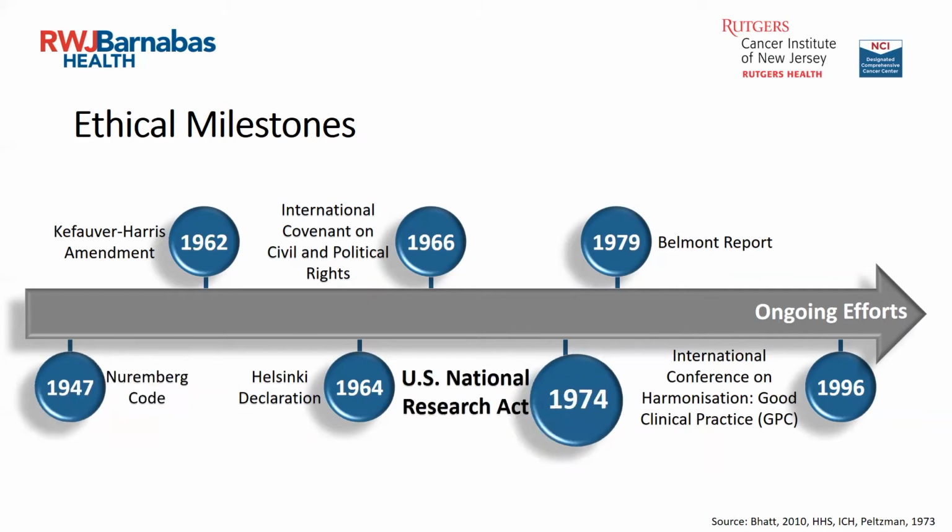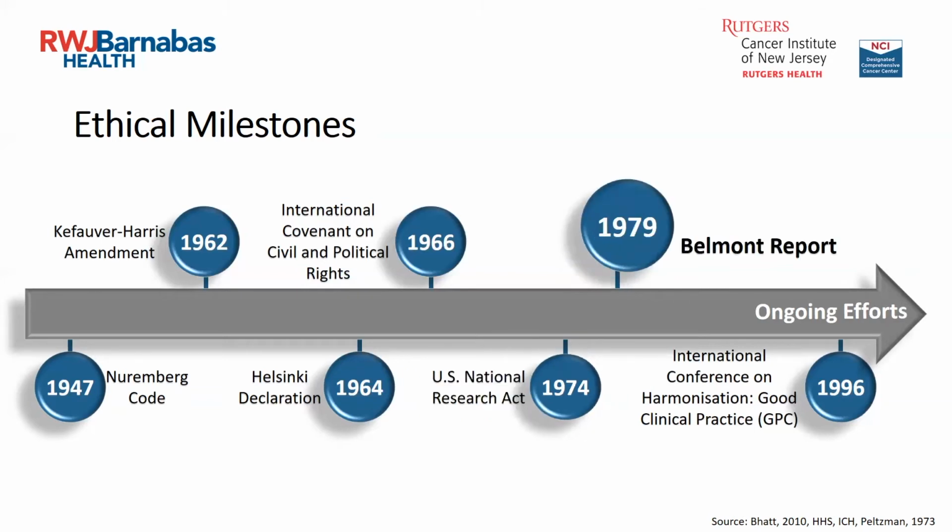In 1974, the National Research Act was in response to the Tuskegee study, where for 40 years, African American men were deliberately not told they had syphilis and were never treated for it, even when an effective treatment was made available. Like I said in the previous slide, this has had a big effect on how African Americans deal with the medical community. And to this day, we're seeing those issues. In 1997, President Clinton made a formal apology to the survivors and their families.